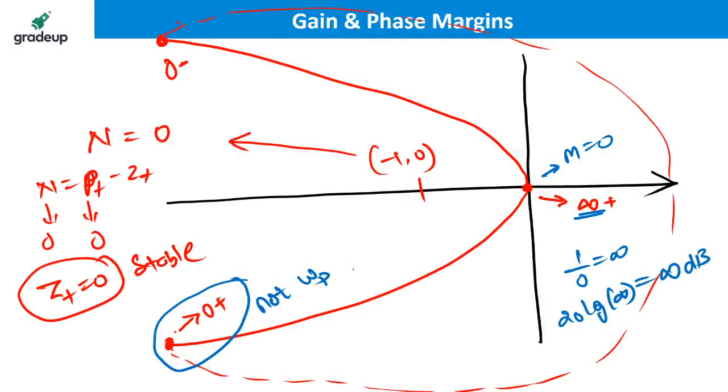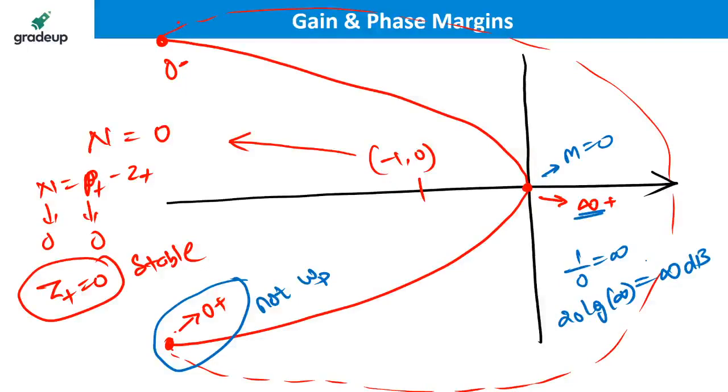Omega p is the frequency at which I intersect the negative x-axis, and I'm not intersecting the negative x-axis at 0 plus. This is not omega p. This is not omega p. Okay, this is not the omega p. If at all there is omega p, that is at infinity, and as in the last question I told,